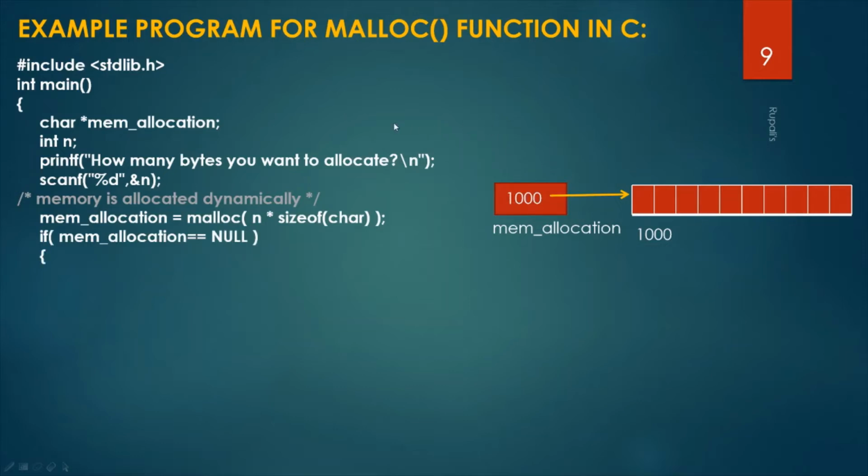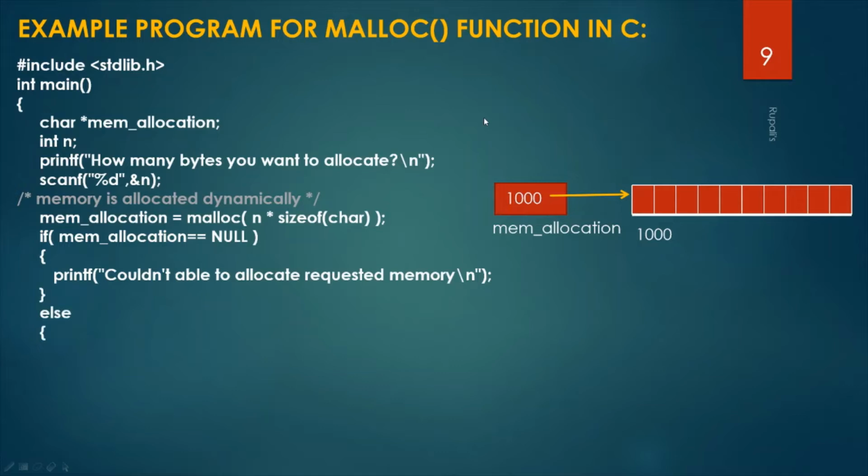Now if the value of mem allocation is null, it means allocation is not done. So printf could not allocate requested memory. If there is not enough memory, then it returns null. Else,